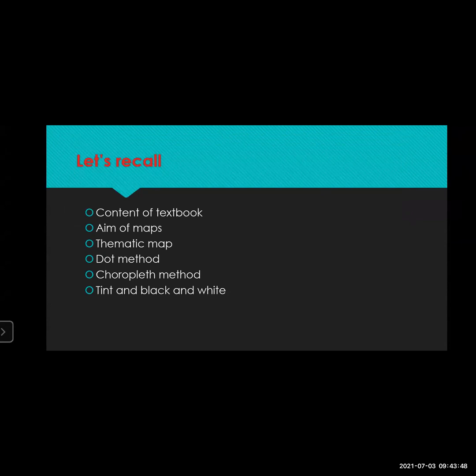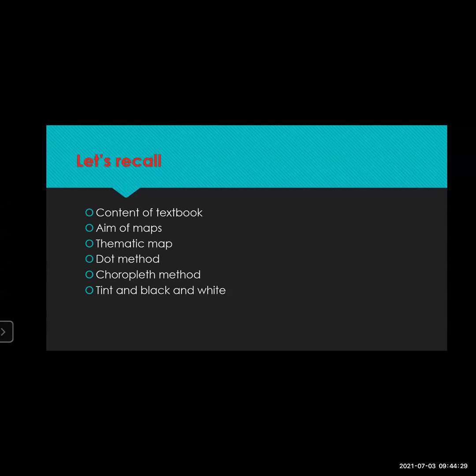Now we have also seen what thematic maps are. By the name itself, we can make out that the word contains the meaning: a theme or an idea. Maps prepared on a spatial theme or idea are called thematic maps. We have seen all the types of thematic maps. Then we covered the variables shown by the maps: annual rainfall, temperature, and population.